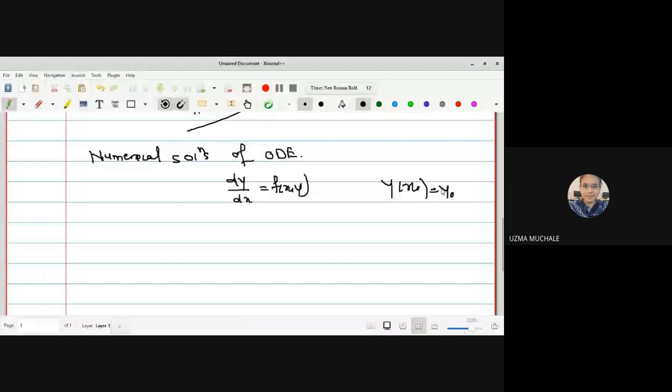We now have to see two methods. First, we go for the series of y in terms of powers of x, which is nothing but our Taylor series. With the help of that, we can find the solutions of the ODE. The second one is with the help of a given set of tabulated values of x and y. In that case, we again have two methods. The first is Euler's method and the second is Euler's modified method.